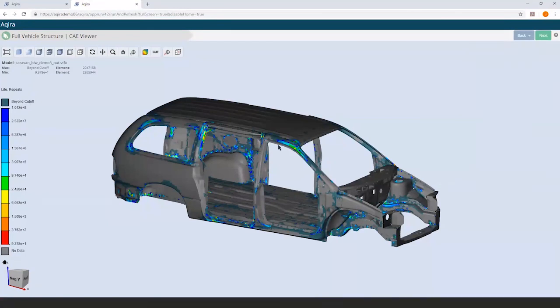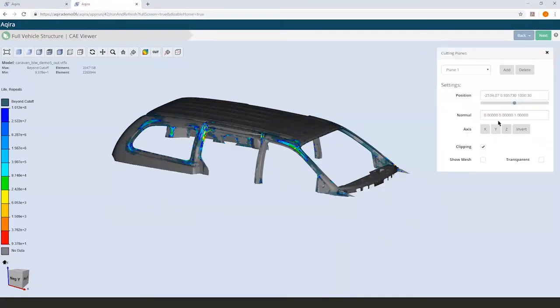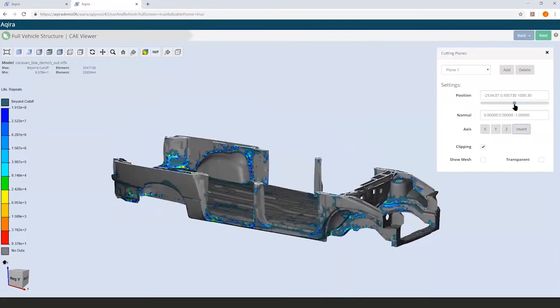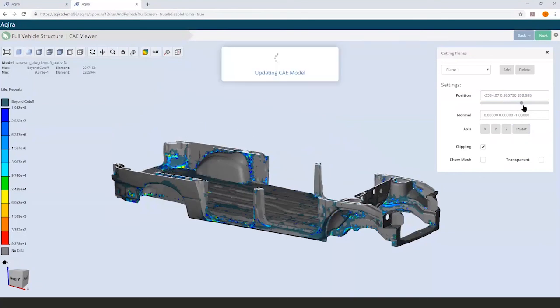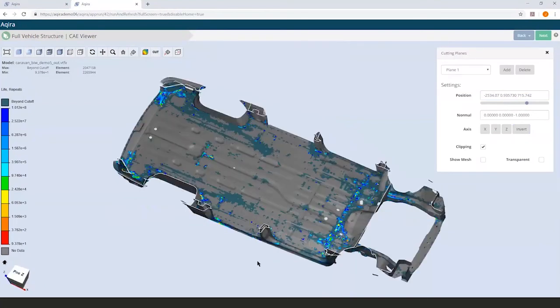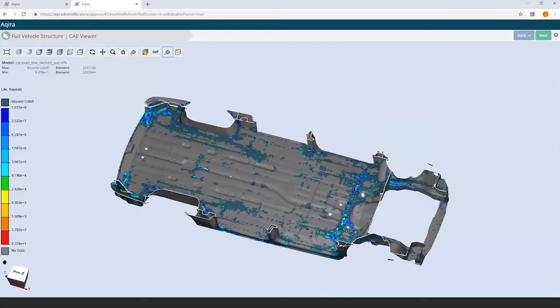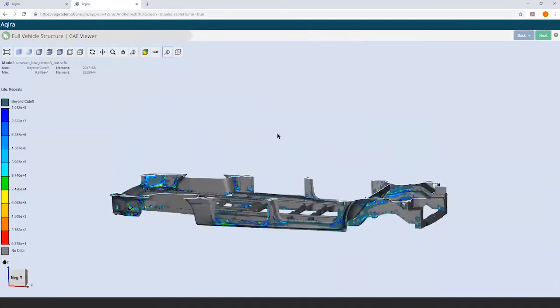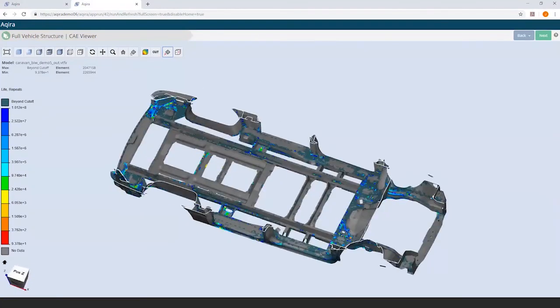I can interact with the display here. For example, I can choose which parts I want to show, or I can put a cutting plane on this. Let me just revert that around the other way. I can adjust this interactively and even turn parts on or off interactively. So this is a pretty fully functioned post-processor. The nice thing about this is it's being performed directly in the browser, and I'll give you some more information about that in a moment. This is one of the new features in 2019, the CAE viewer. A lot of powerful capability for quickly looking at the results of your